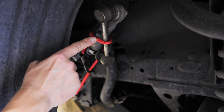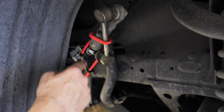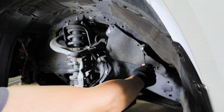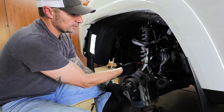And to keep the sway bar out of the way, I've attached a bungee cord here, basically to the front hook on the bumper, which will just keep it out of the way from getting involved in all of this going on. So all you do is you put the tool in, get behind it, and it just pops right out. So now these are out of the way, we can get to disconnecting everything connected to the spindle,